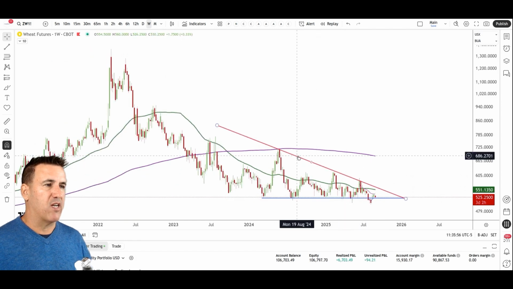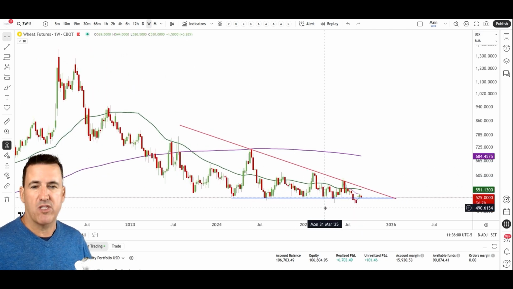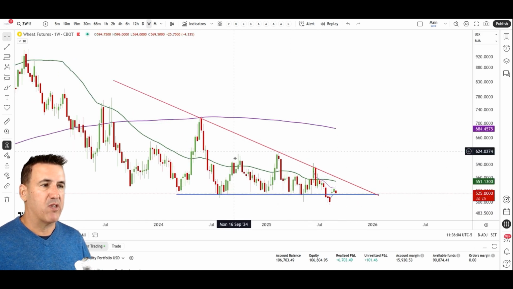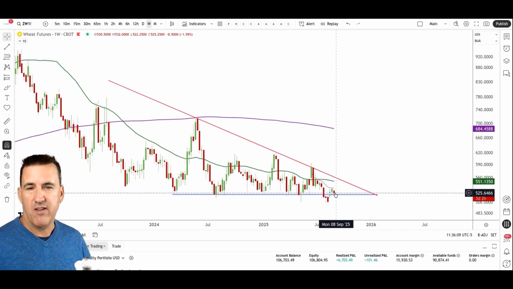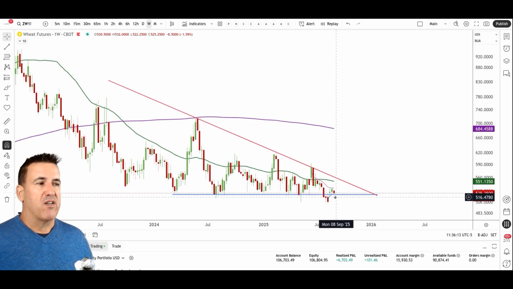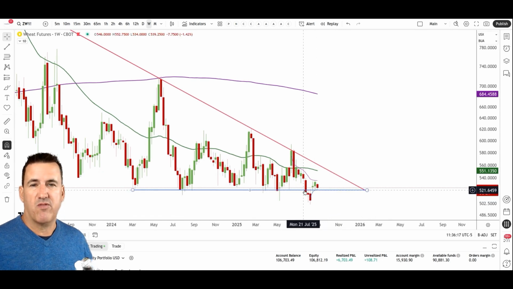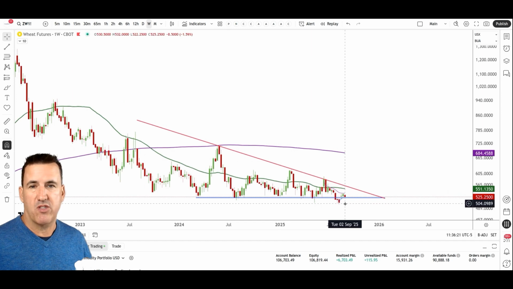And I have these lines on here representing a descending triangle. It's one of my favorite chart patterns for breakdowns and for shorting. And yeah, we have this, what they call a descending triangle. Now we broke below that. We came back, got above it, which typically happens. Now the question remains, is this descending triangle going to continue lower? Is this trend going to continue lower?